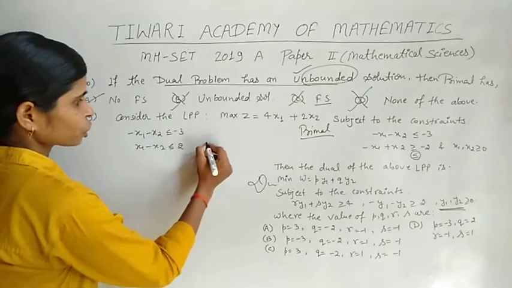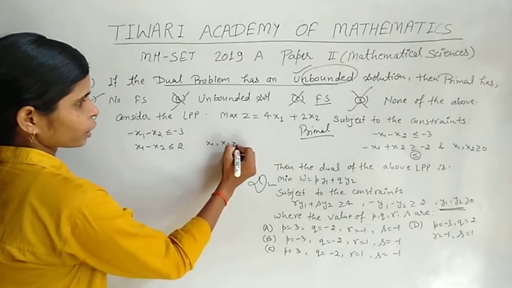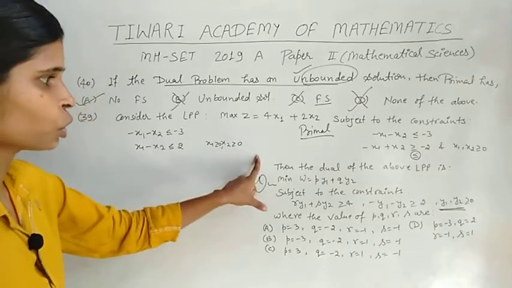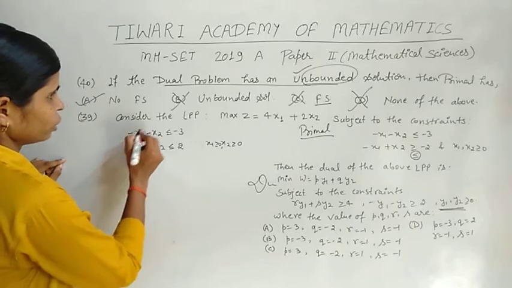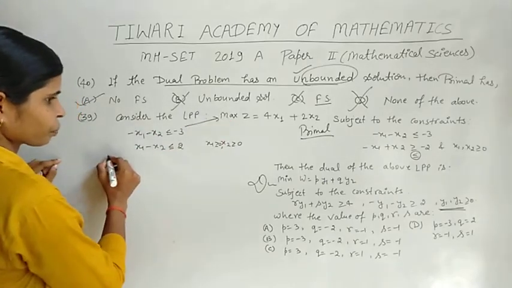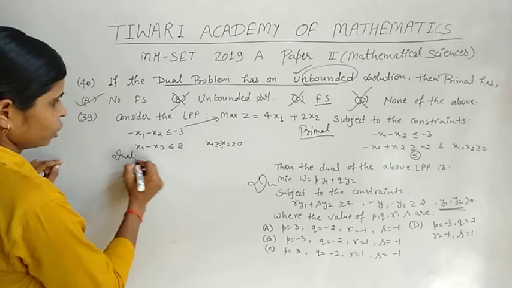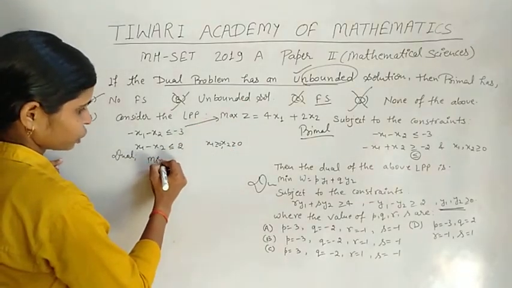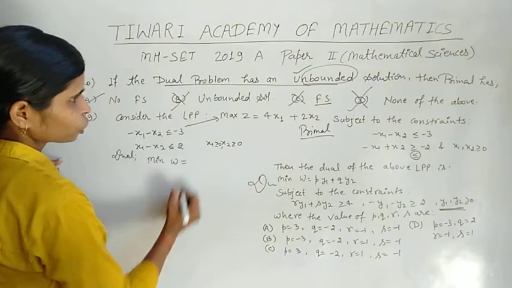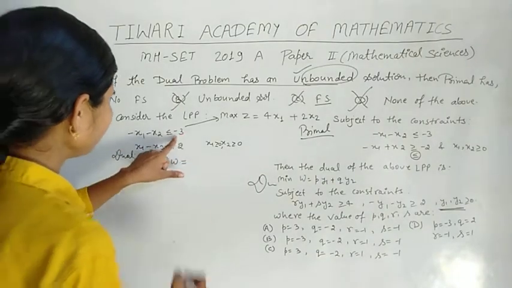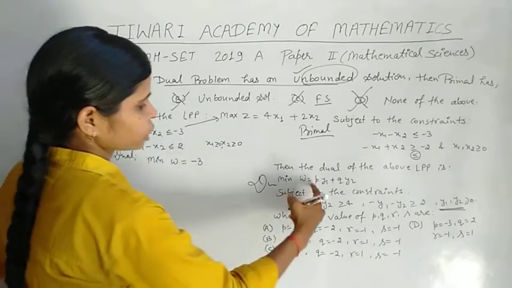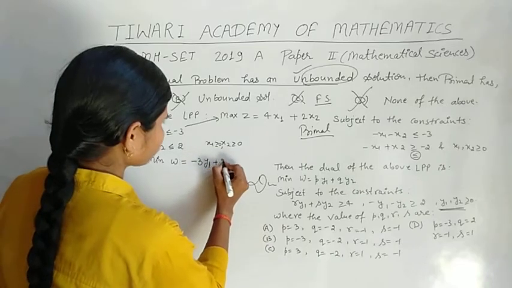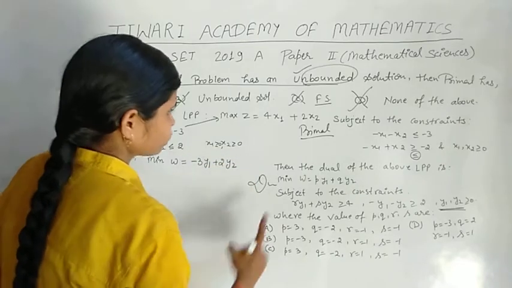And the non-negative restriction x1, x2 greater than or equal to 0, that means x1 greater than or equal to 0 and x2 greater than or equal to 0. If we take its dual, max z is the same. The primal has a maximization problem, so its dual is a minimization. Min w is equal to minus 3 y1 plus 2 y2, subject to the